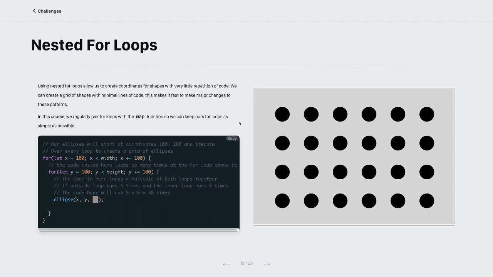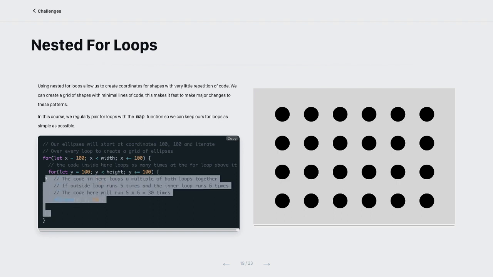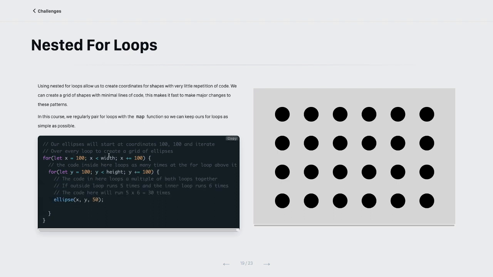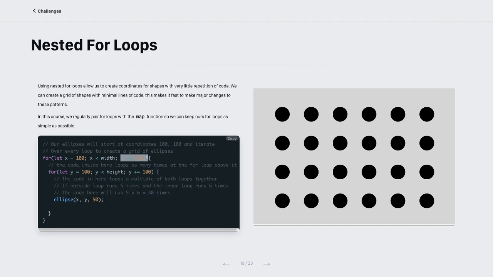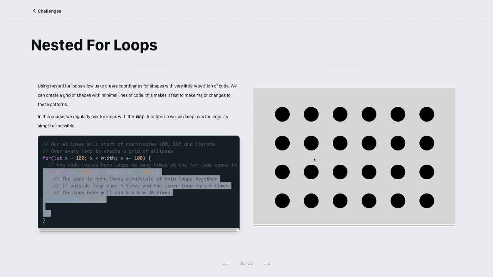Then 200, 200, 200, 300, 200, 400, and then what do you know? 200, 500 is off the screen, or rather 500 is still less than height, because height hasn't changed. And we're going to finally get out of this block, leave out to this next one, and then increment y by 100 and go right back in. So effectively, every time the computer gets into this inner loop, it's going to draw a whole column of circles, and then it's going to back out to the outer loop, move over by 100 pixels, come in and draw another loop. So I know this seems weird, it's jumping backwards and forwards and going everywhere, but really all it's